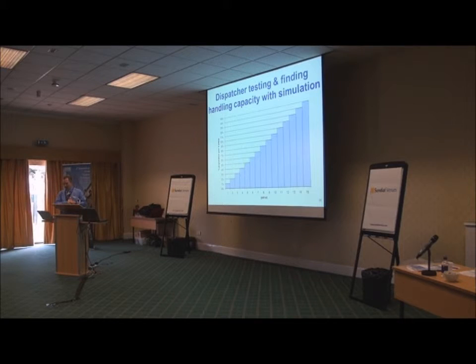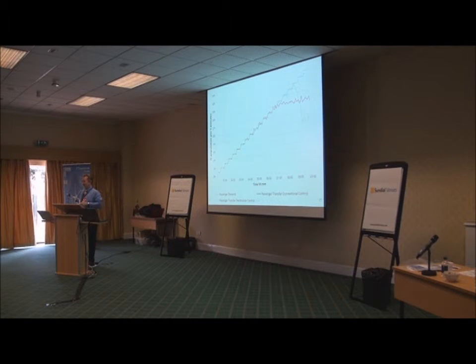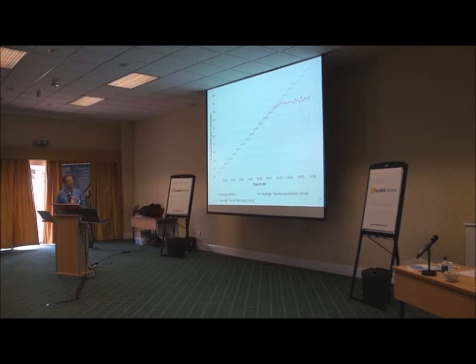Now, I thought I'd put this in because I think this next slide is the most interesting slide, and if you're not interested in dispatching design, you can turn off for a couple of seconds as I talk about this one. The dotted blue line is passenger demand. So this is my step profile. And it's just increasing, and it's increasing to the point that the system saturates. And the red line is what I call the passenger demand. So that's